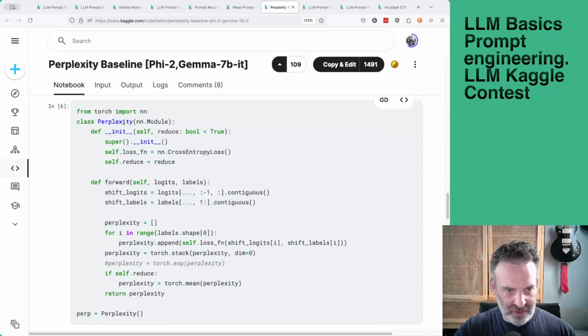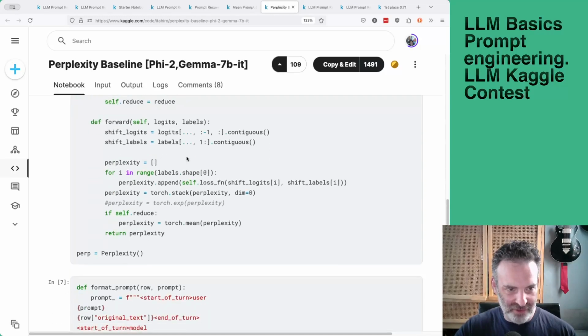But this is part of PyTorch. The cross entropy loss is part of PyTorch. And anyway, the reason we have it here is so that you can loop on it. So you have it as what I would call your cross validation. It's not exactly cross validation, but your internal sort of validation.